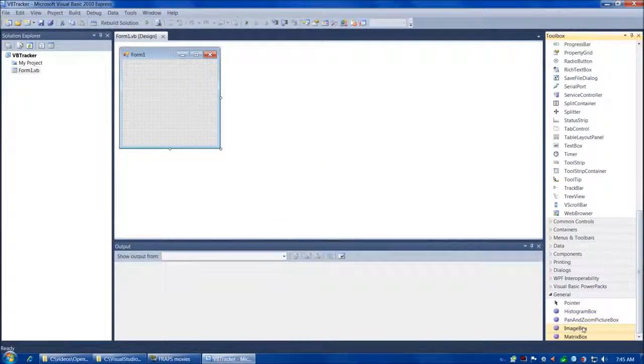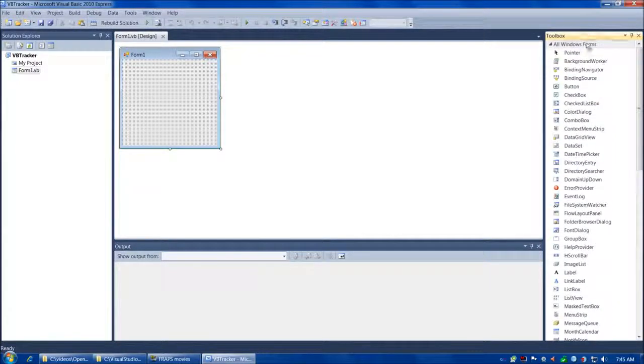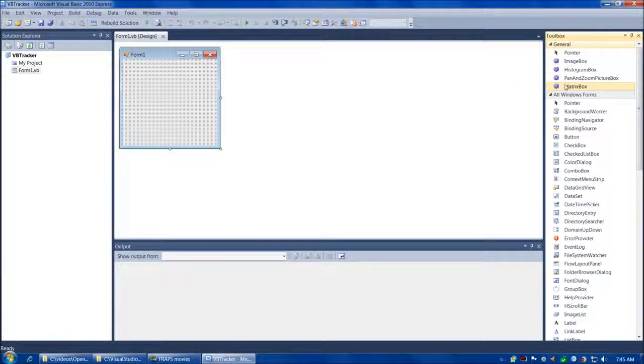And here are our nice Emgu specific controls. Let's move image box to the top since that's going to be our most commonly used one, and then we'll drag the general tab all the way up to the very top here. And now we're all set with our toolbox. So next, let's add our